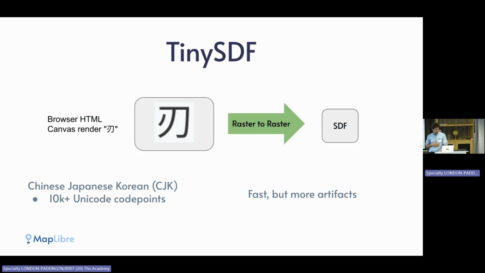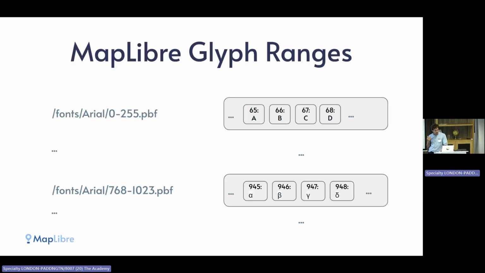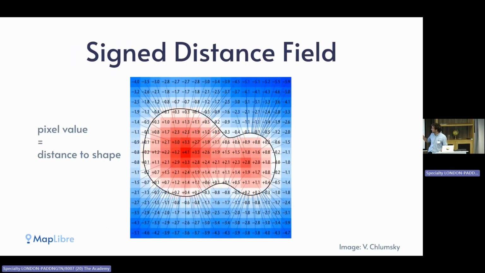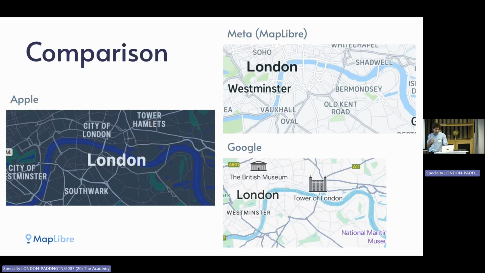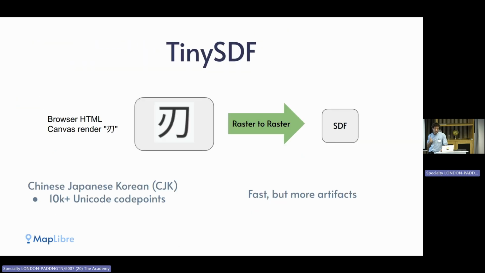That's the way it's done. And then finally, a small note about tiny SDF. If you go back a few slides, ideally you compute the distance from your SDF pixel to the shape with a vector calculation. You do the Bezier thing and so on, and you compute everything. That gives the best result, but it's a bit slow, and it requires you to have the font. But there's an alternative, and that is you use the browser canvas in the client